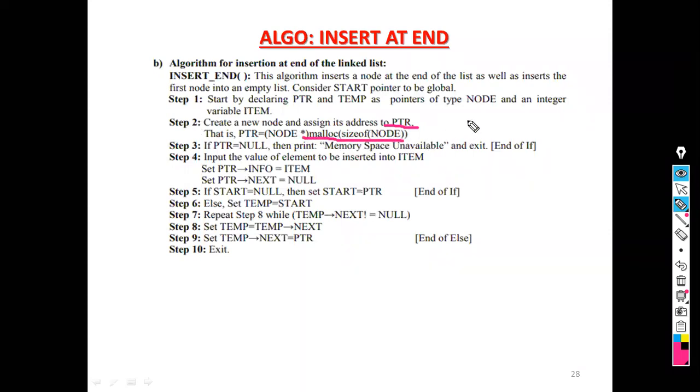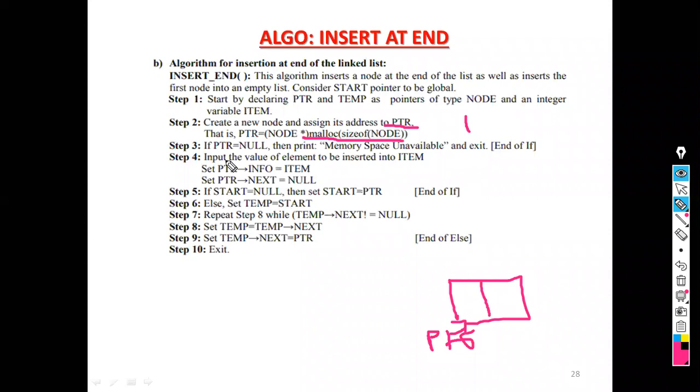That means after step 2, a node is created. If the node is created, some address is assigned to the pointer variable ptr. Ptr is now pointing to the newly created node.